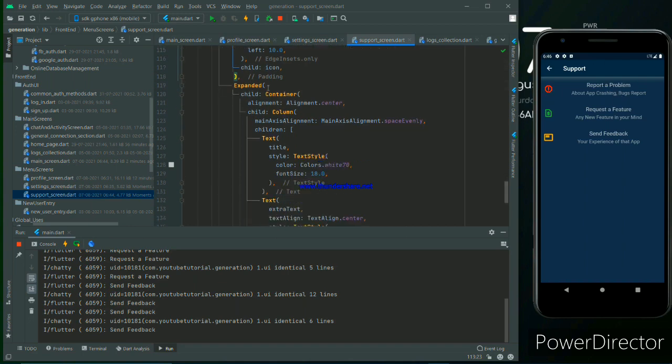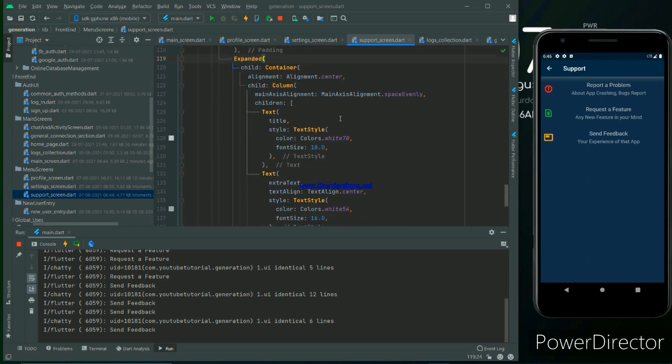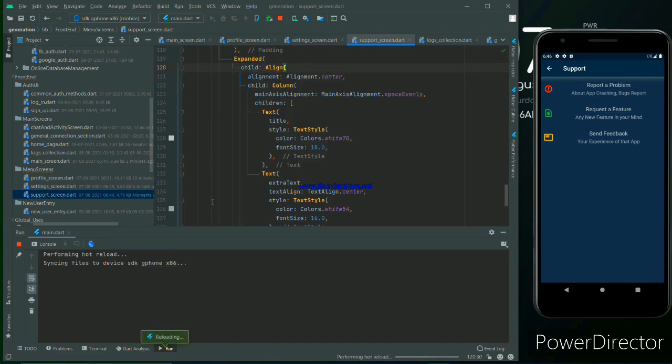After that there is an expanded widget for overriding and other purposes, and this covers everything. And container alignment center, for the alignment we don't need a container, the align widget is sufficient. I think no error will come.